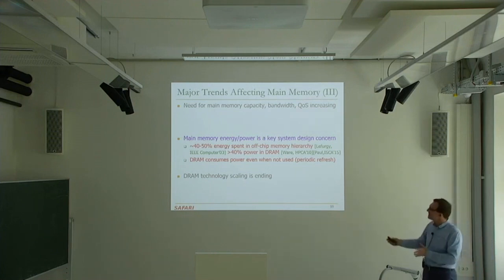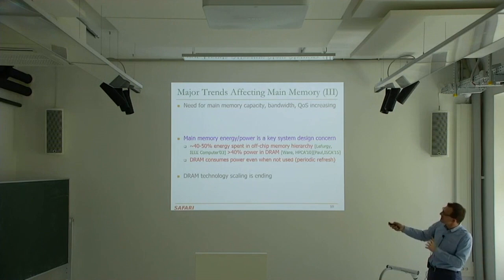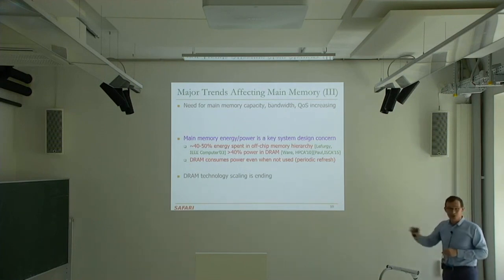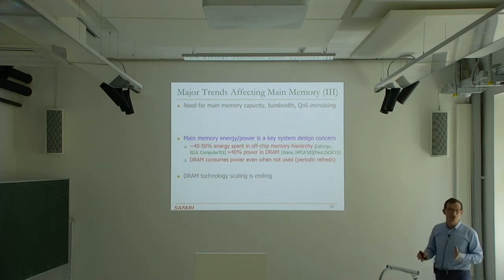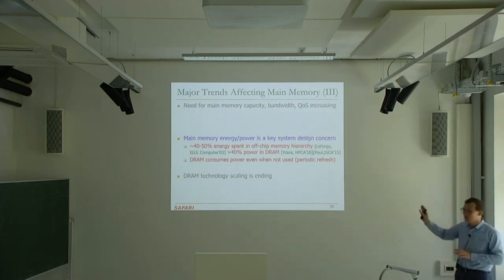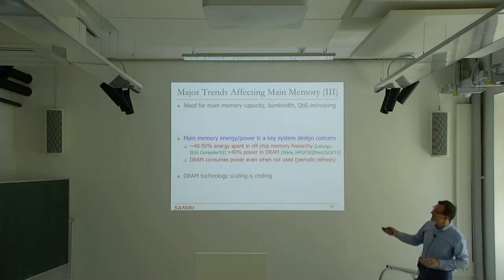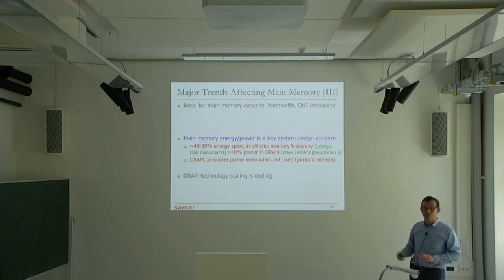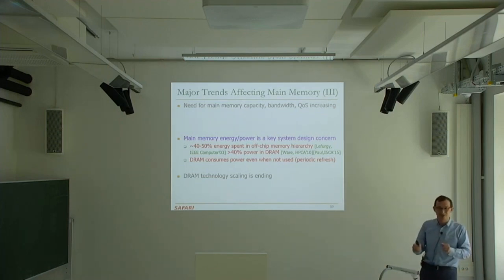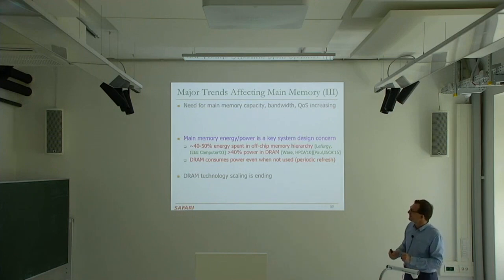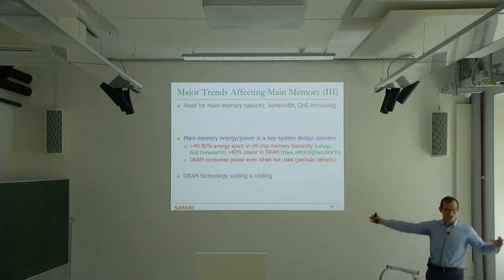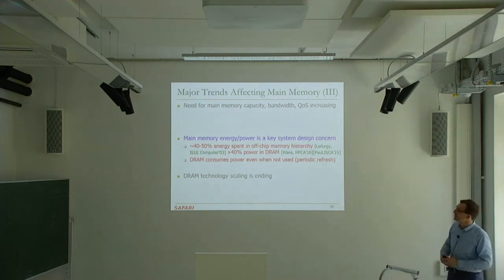Fast forward about 10 years later, assume this is 10 years, they basically published another paper, again looking at where energy goes in the IBM Power 8 processor. This is, again, another flagship processor that they designed. And they basically said more than 40% of the power is just in DRAM, just the main memory. So now DRAM is consuming a bigger fraction, as you can see, right? And it's going to become bigger.